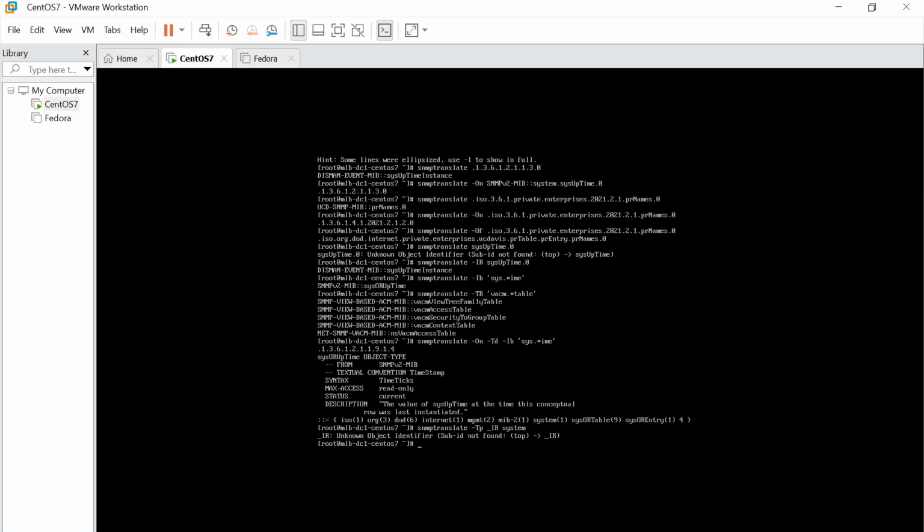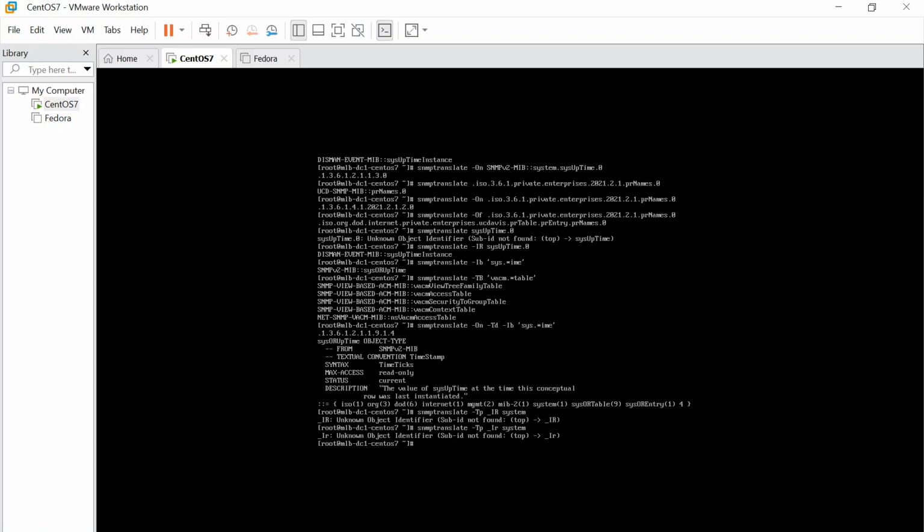Unknown object identifier subtype. snmptranslate, TP, then IR. Why is that? snmptranslate. Then TP, then yeah, I'm going to change this R into simple. Oh no. What is the issue here? I will type this again. snmptranslate